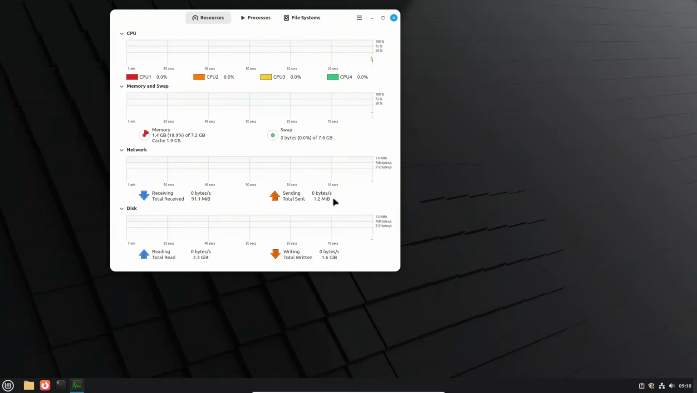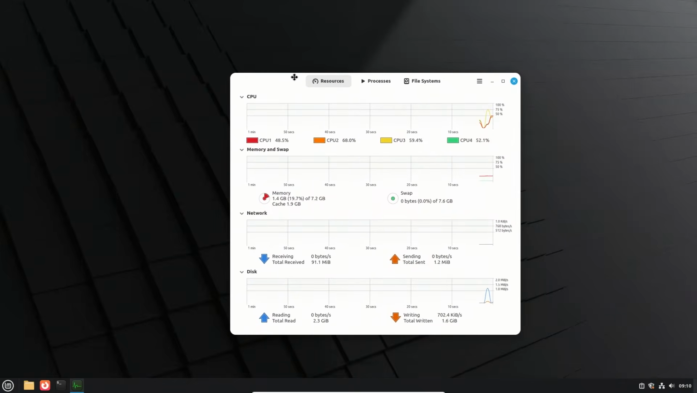System resources. This section in the welcome screen gives you a quick overview of how LMDE